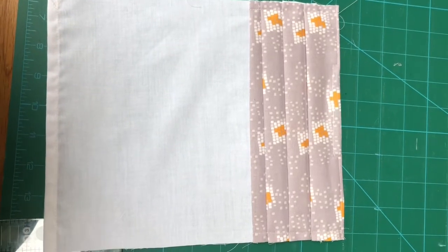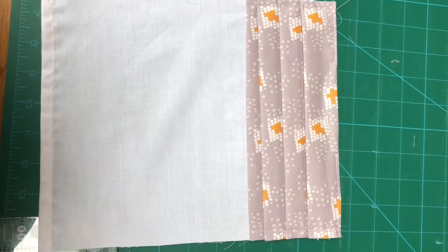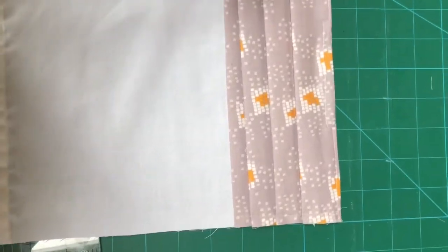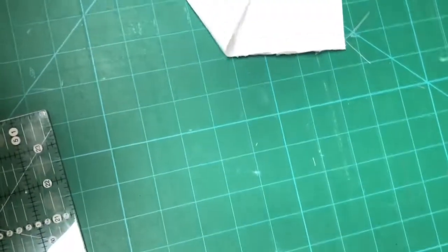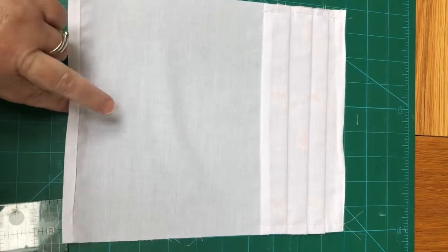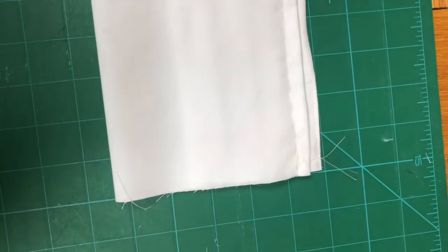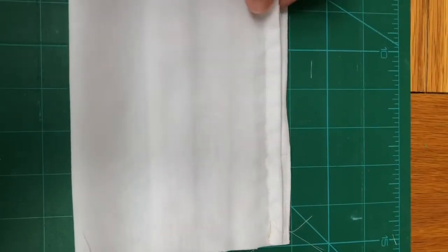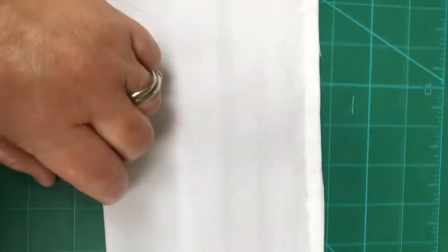So we have our pleated outer layer and lining and the pouch layer loose below. We'll just turn the work over. And we need to move the pouch layer up to just below the top edge. So don't line it up exactly, just have it